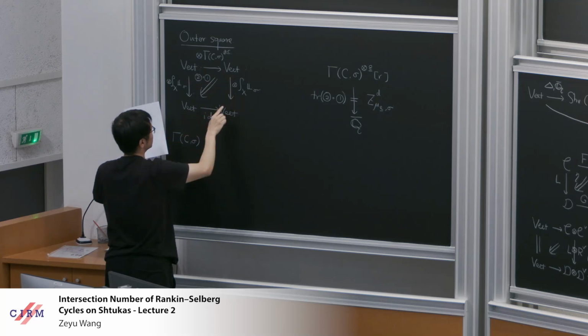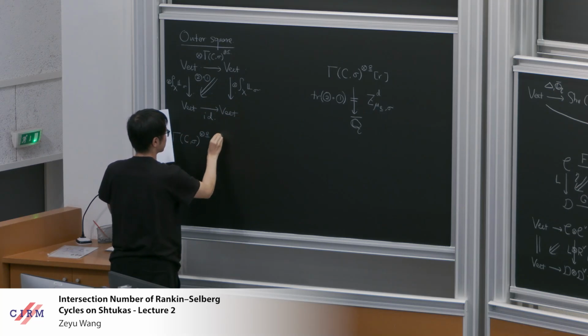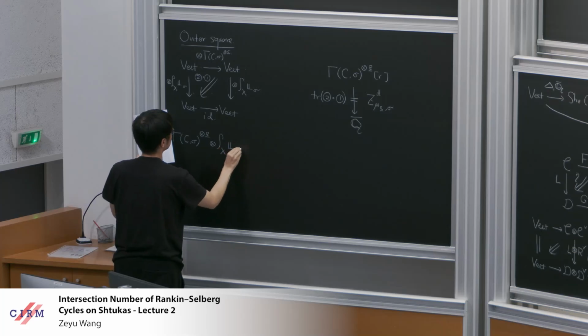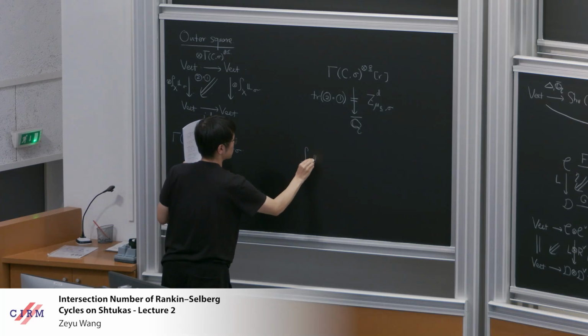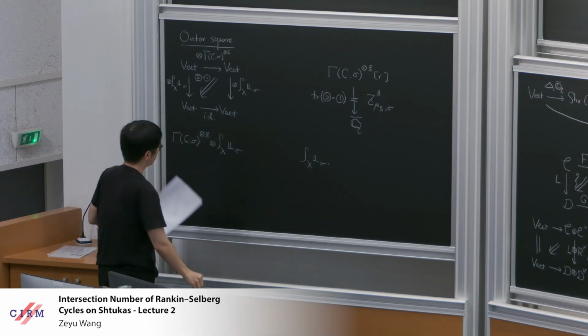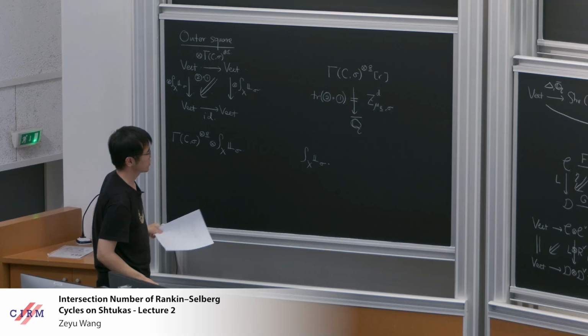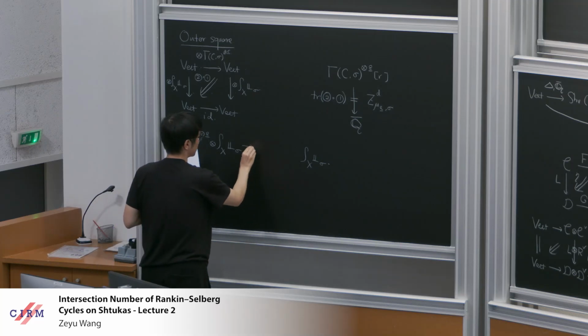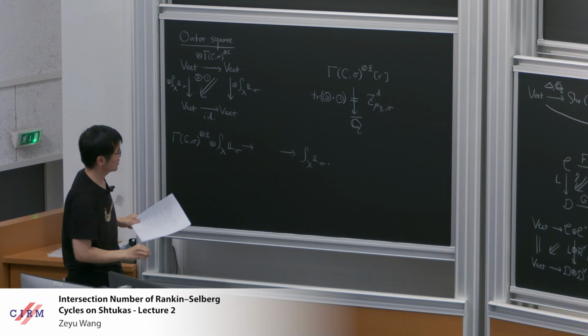So what's the composition of these two functors? It's just tensoring together these two vector spaces. And the composition of this is just this. And what you need to understand is the map between them. That's this two composed with one. I haven't told you the construction of 1 and 2, but you see that